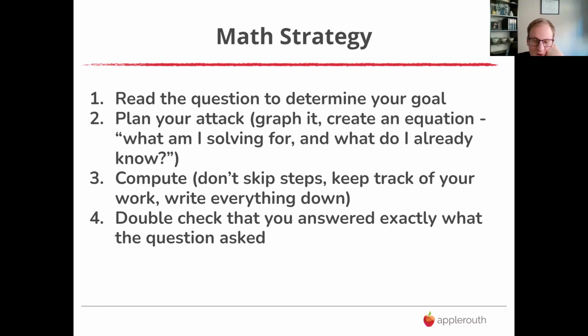Once you know what you're solving for, think about, all right, what do I already know? And how am I going to use it? Right? Am I graphing? Am I going to plug in a point? Am I isolating? Then do the math. Don't skip steps, right? Show each piece of work still, writing it out on paper if needed. If it's just putting in the calculator and tracking that, that's fine, but be careful.